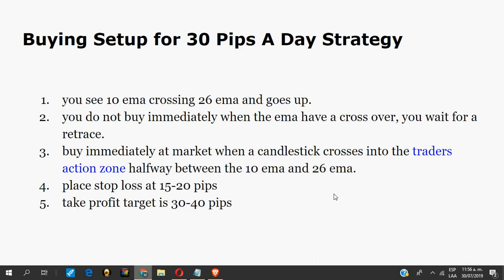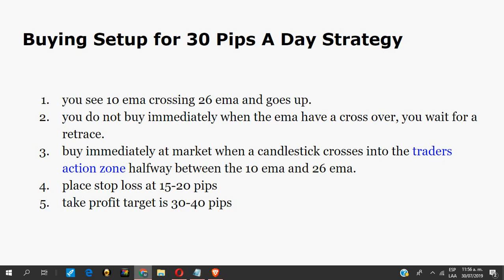Now this is the buying setup for the 30 pips a day strategy. First, you see the 10 EMA crossing the 26 EMA and going up. That's an indicator that the trend is going up. You do not buy immediately when the EMAs have a crossover. You wait for a